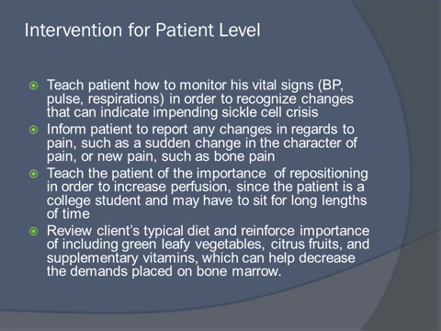We would also want to review what the client's typical diet is and reinforce the importance of including green leafy vegetables such as spinach and broccoli, and some citrus fruits such as oranges, lemon into the diet, as well as the use of any supplementary vitamins, all of which can help decrease the demands placed on the bone marrow, which can improve the production of red blood cells and prevent